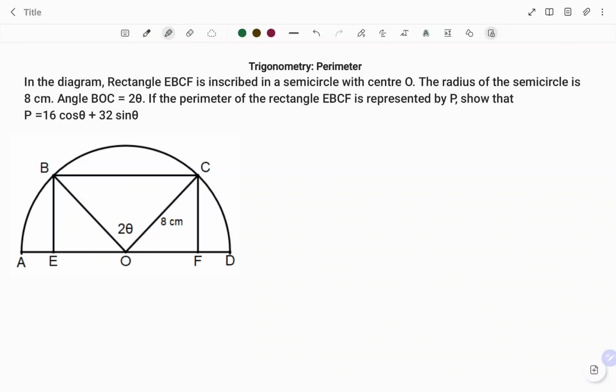In this video, I'm going to show you how to find the perimeter of the rectangle ABCF using trigonometric ratios